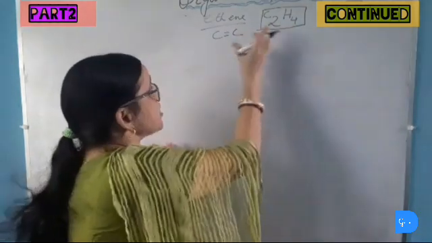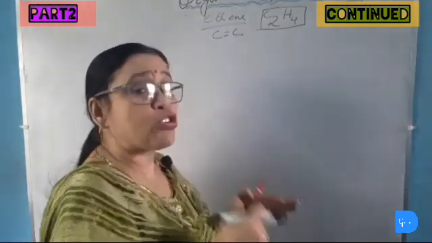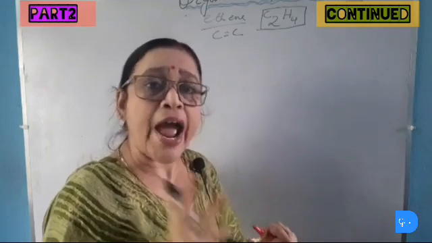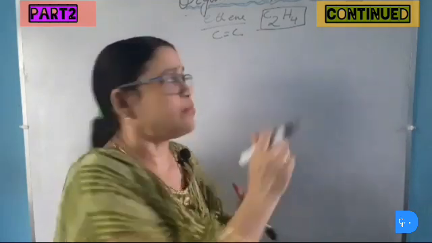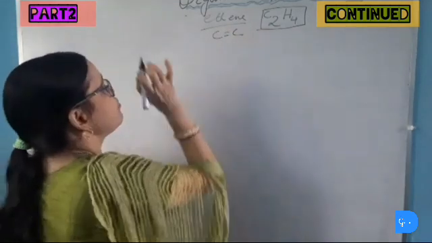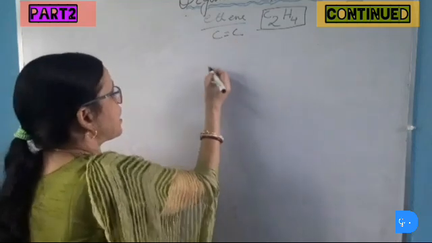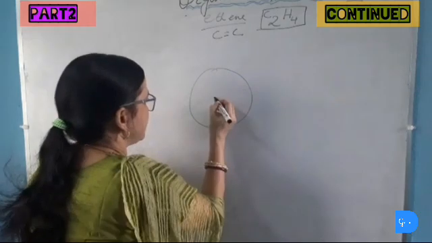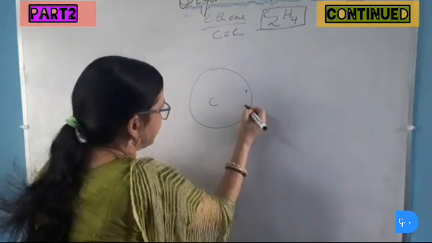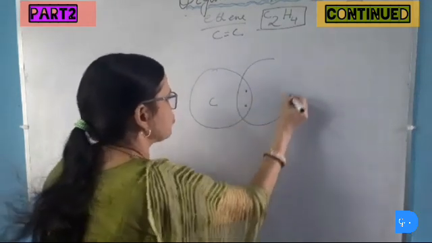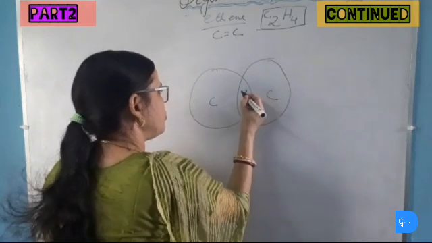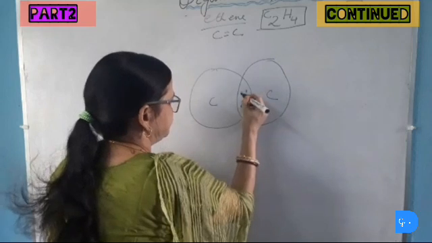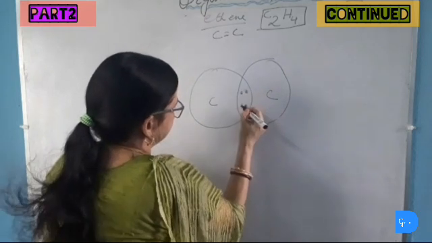Now we will draw the structure of the compound first, then we will show the structural formula, condensed structure and then electron dot structure. Any one of them can come in the exam. So first draw the structure of ethene. Here a carbon-carbon double bond is present. So this carbon will share 2 electrons with another carbon and this carbon will also share 2 electrons. So there are 4 electrons here. Thus it contains a double bond.